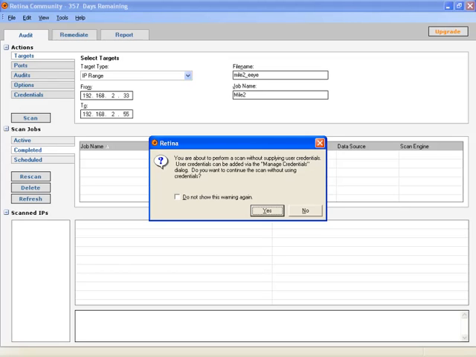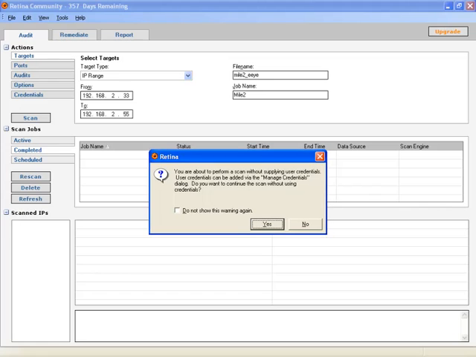Now you can do this if you happen to know the usernames and passwords, or if you're doing this within a domain environment that you have a possible username and password that's standard on the machines and so forth that you could utilize, or if you're using a domain admin account. Otherwise, it's just going to try to do the null session, so we're going to just go ahead and do it without using credentials